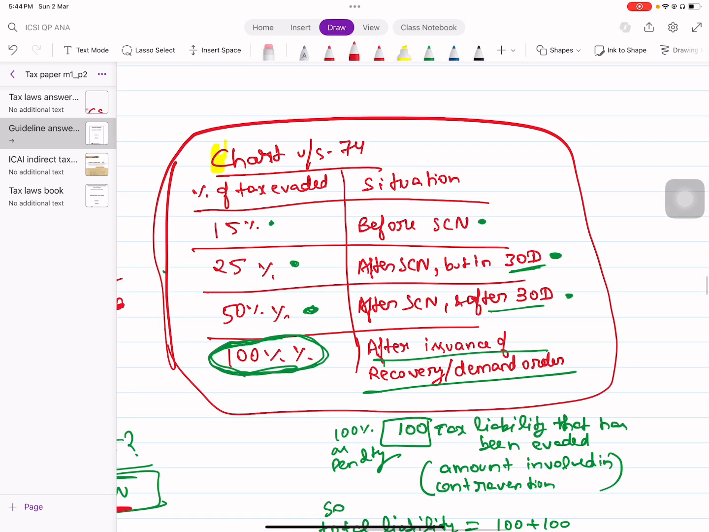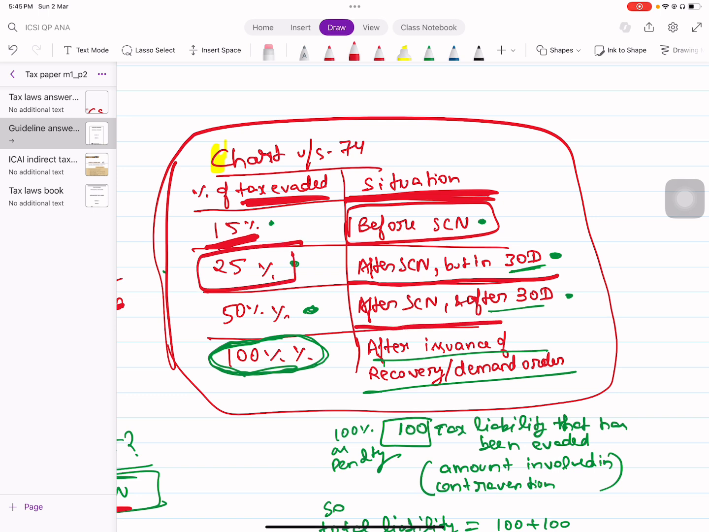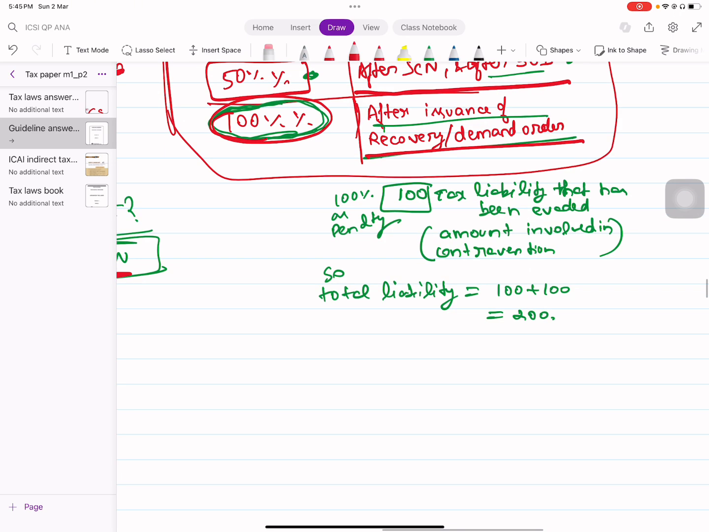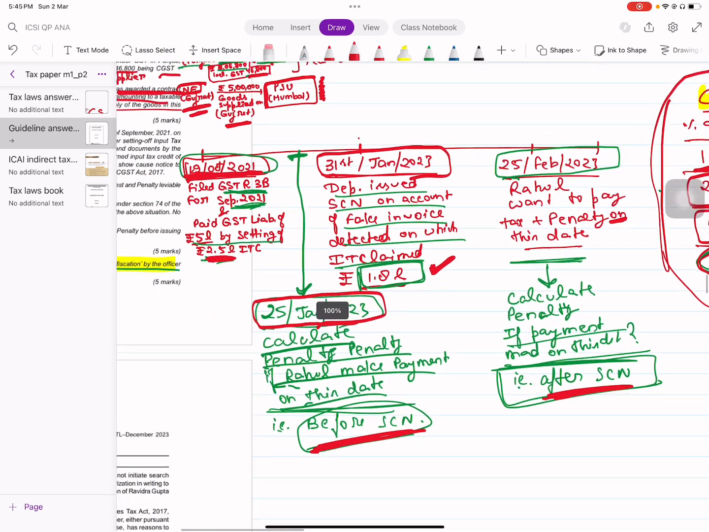So under section 74, if he pays the taxes and penalty before issuance of the show cause notice, then the penalty will be 15% of the tax evaded or ITC claimed in a fraudulent manner or in excess. After issuance of the show cause notice but within 30 days, then 25%. After issuance of the show cause notice and after 30 days, then 50%. After issuance of the recovery and demand order, then 100% of the tax evaded would be the penalty. Now in the given case,